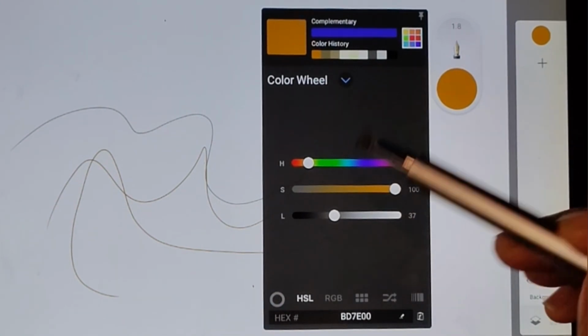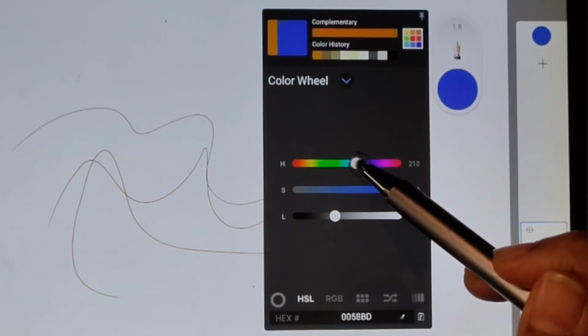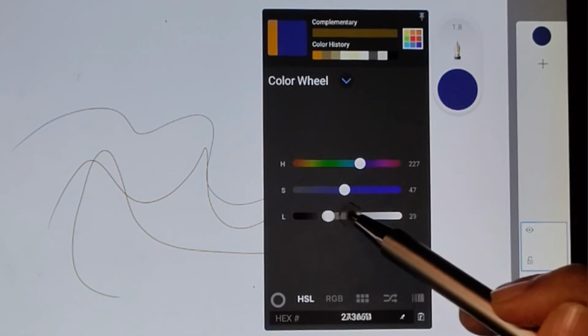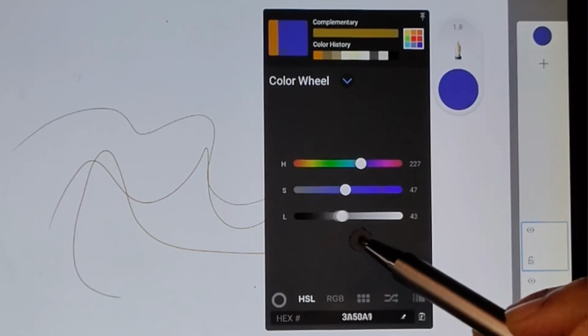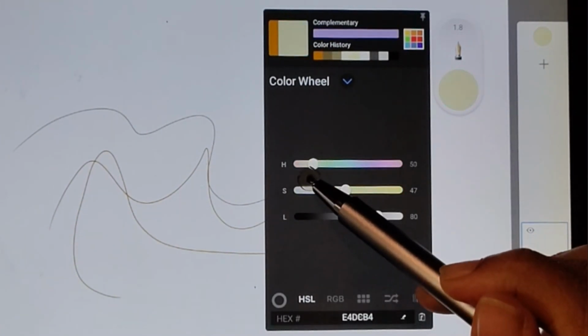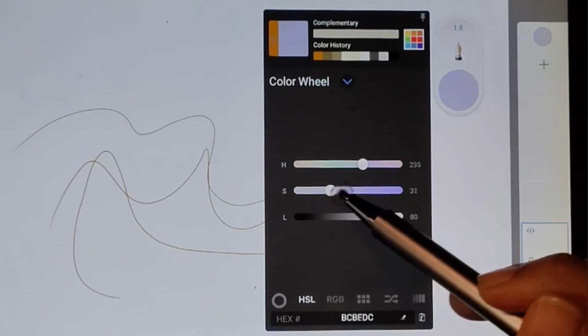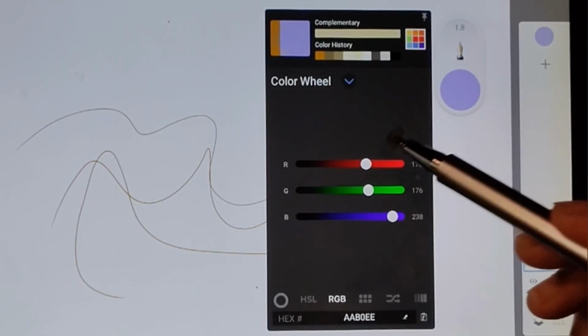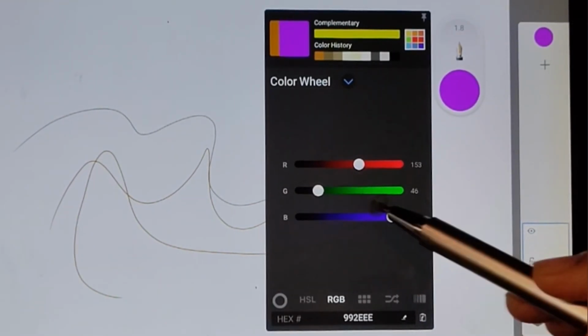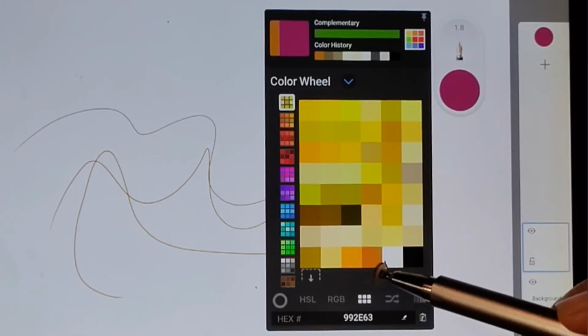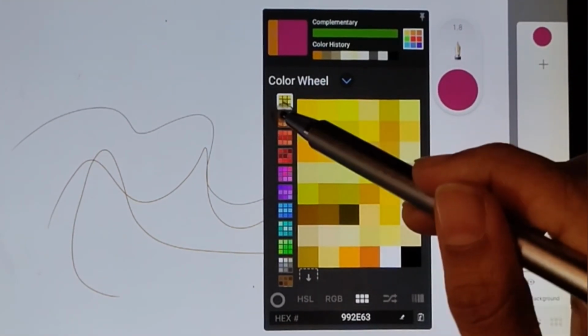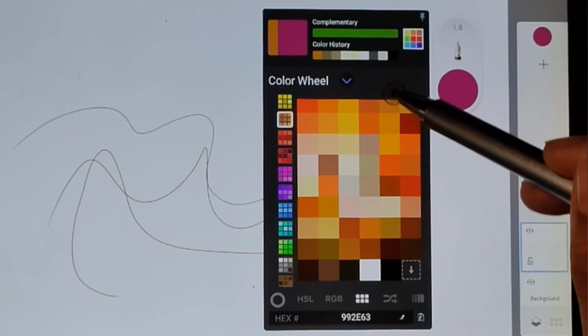Or you have HSL, you can set the color as per your project depending on the hue, saturation and the tones, or using the RGB. This is another option. And there is a color wheel. If you go with any particular palette,